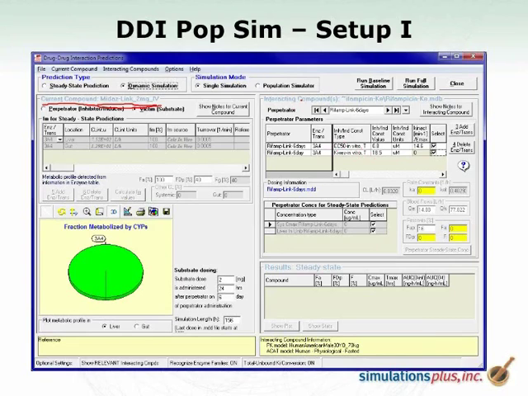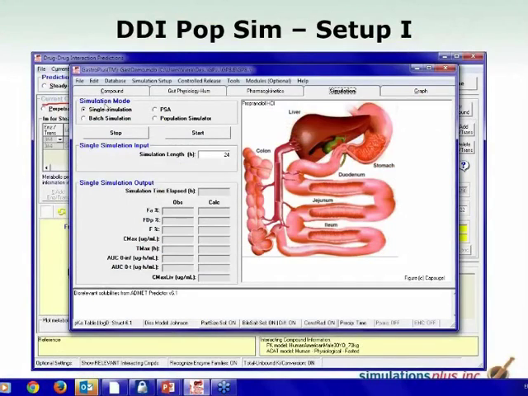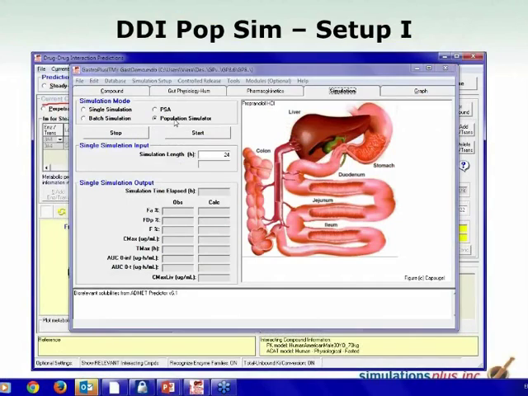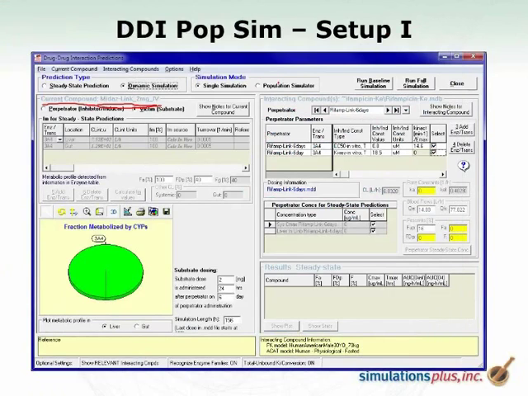And similar to what you are used to in main GastroPlus, just to bring that up, you know that in main GastroPlus, to set up the population simulation, all you need to do is on the simulation mode frame, just click on the population simulator. Right? It's exactly the same scenario, the same behavior in the DDI population simulations. You click on the population simulator setting, and which brings up